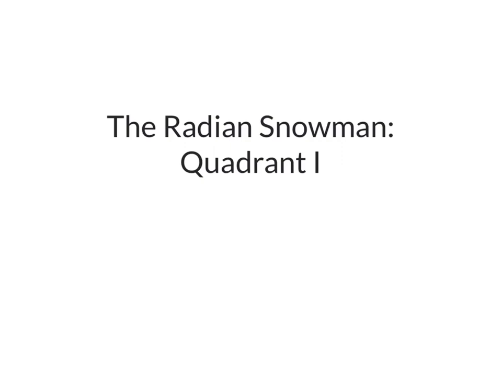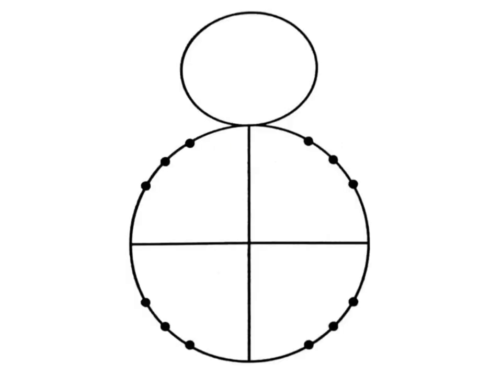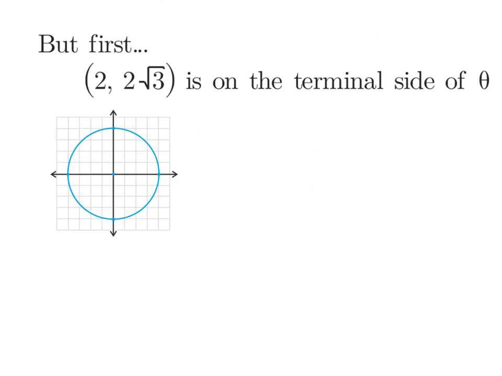All right, I want to talk about the Radiant Snowman. This is a Radiant Snowman. It's a unit circle with another circle on top of it. Before we get into the details of the Radiant Snowman, I want to remind us of this problem, that if